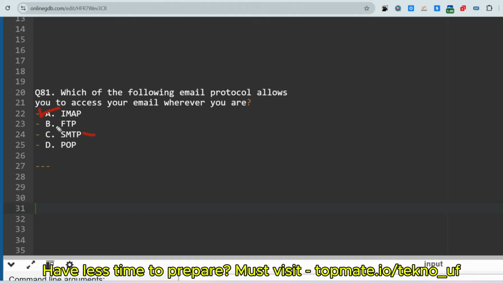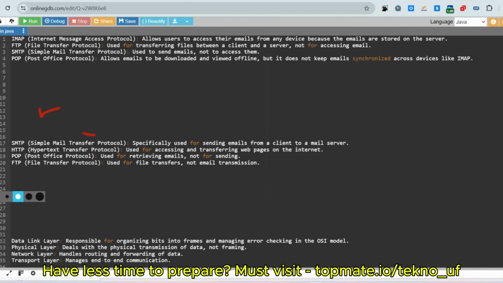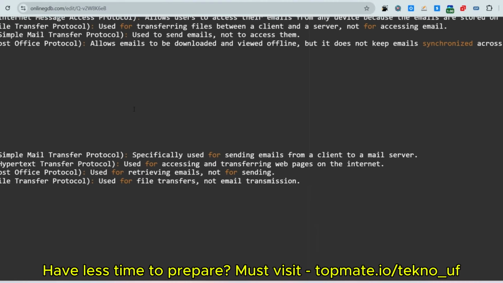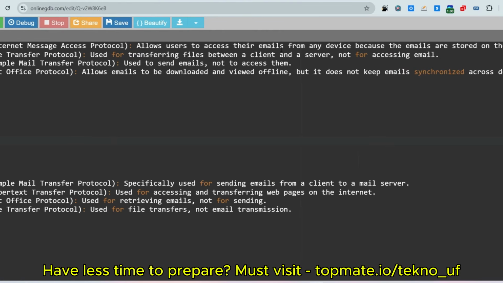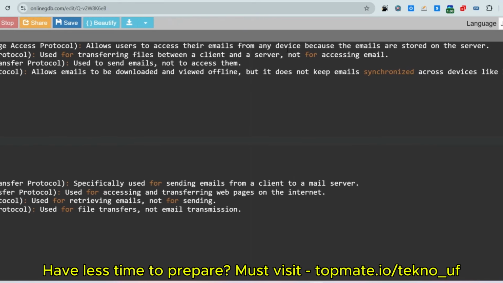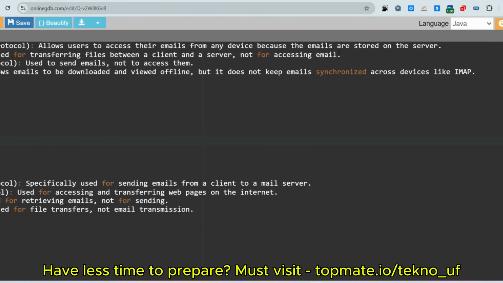But no, let me answer this. Internet Message Access Protocol allows users to access their email from any device because the emails are stored on the server. Basically this term is very important.